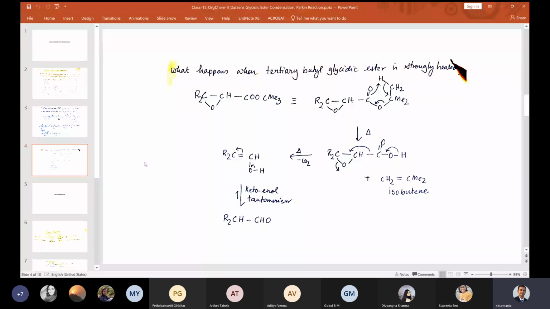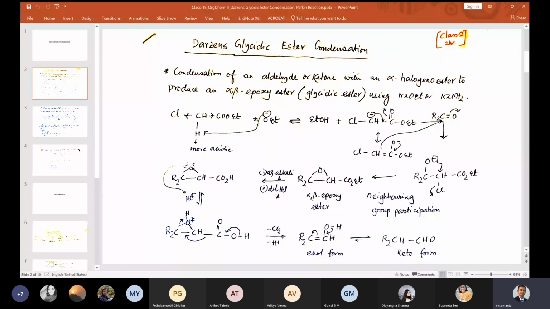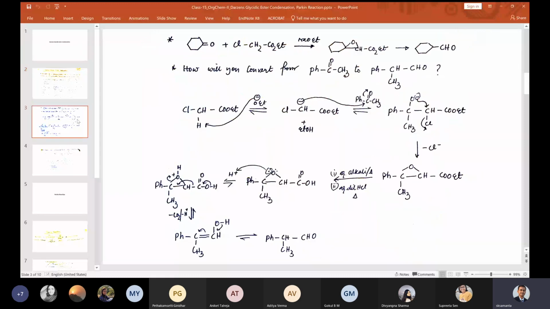So there is not much in Darzens glycidic ester condensation. I hope you understood it. It is very simple, straightforward. Only this part is the main thing that you understood. But after that, all three problems are quite crucial. This is your homework. You can do the mechanism at home for this particular reaction in the first one. For the other two, the mechanisms are given. You can just practice them at home without watching.